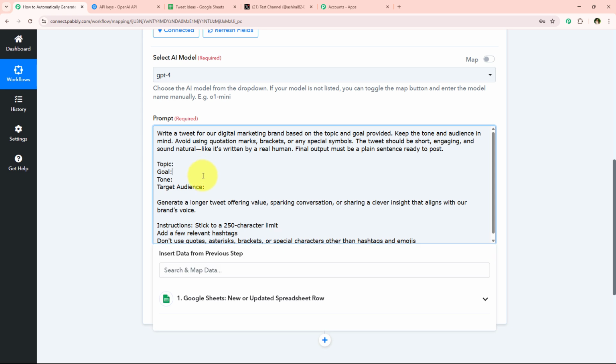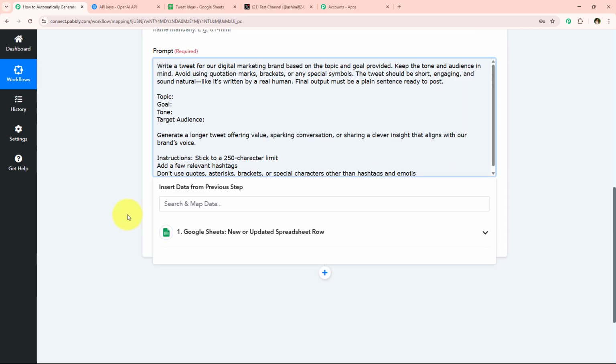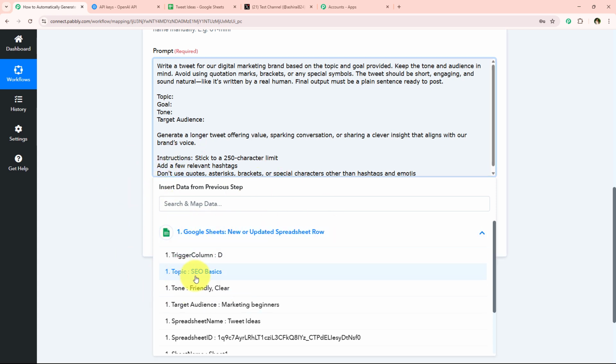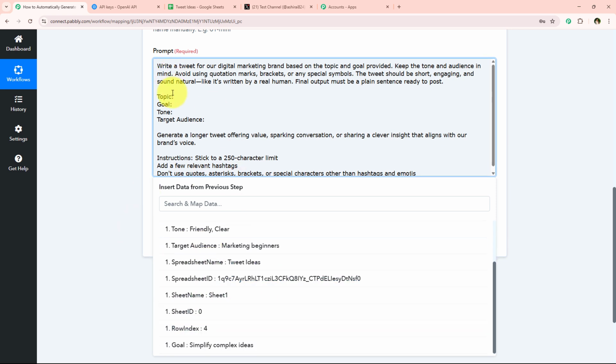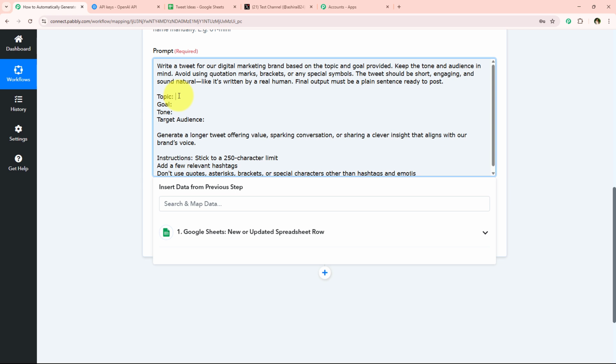And now you can see over here I'm just going to enter the details I want the tweet as. So over here I'm not going to enter the details manually. I'm just going to simply map it. So you must be wondering what is mapping. So mapping is a method by Pabbly which means inserting the data from the previous step. And as you know, our previous step was the trigger step where we selected Google Sheets as our trigger application. So we are simply going to map the details from the response of our trigger application only, and as soon as we are going to map these details, automatically my details will turn dynamic and change with every new response